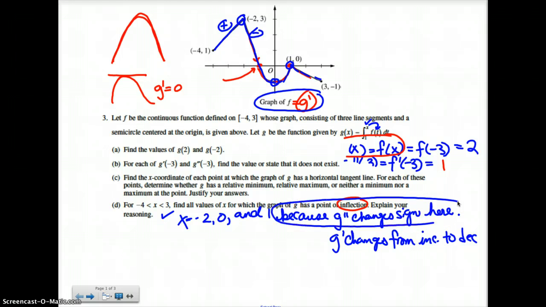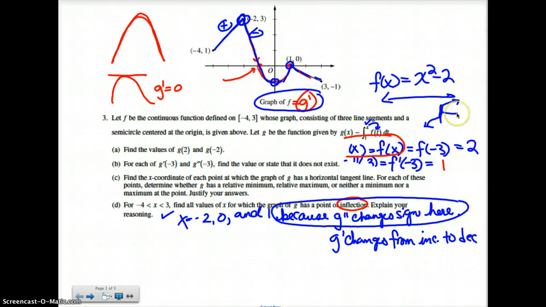Some of you were using because g double prime equals 0 or does not exist here. That's a more algebraic reasoning when you're given the function in terms of an algebraic expression. Then you say, well, where is the function's second derivative equal to 0? Where is it also undefined? Because you'll notice right here, this is undefined. And then we do run a sign check on it with a sign line because we have to make sure there's a change. Because, for example, right here, I would get a vertical tangent, which would mean it's undefined, but